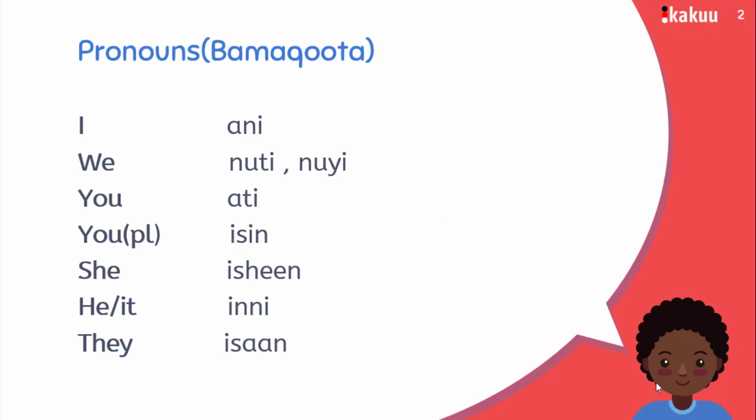In this section, we'll be looking at pronouns, also known as maqoota in Afaan Oromoo. Each subject pronoun will be followed by an Afaan Oromoo translation. I, ani, we, nuti or nui, you, ati, you in its plural version, isin, she, isheen, he or it, inni,